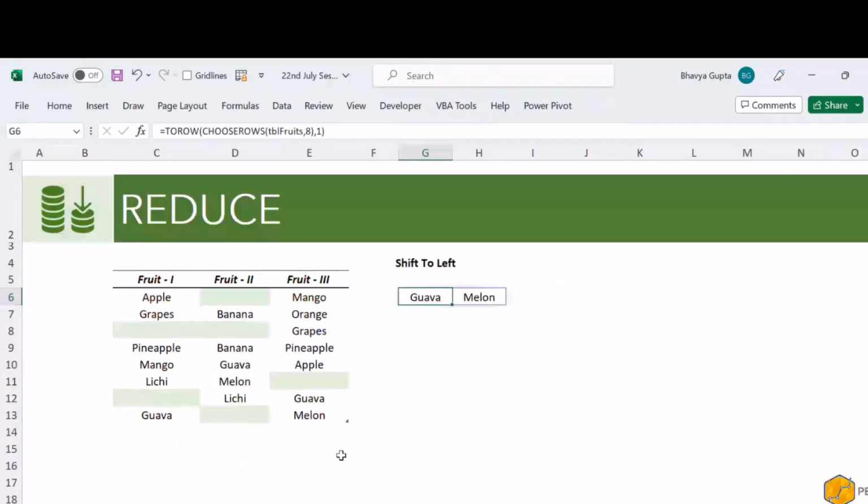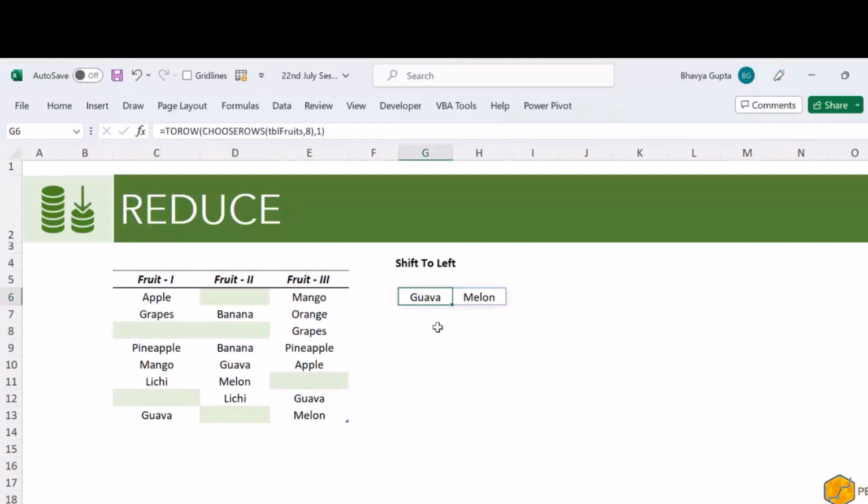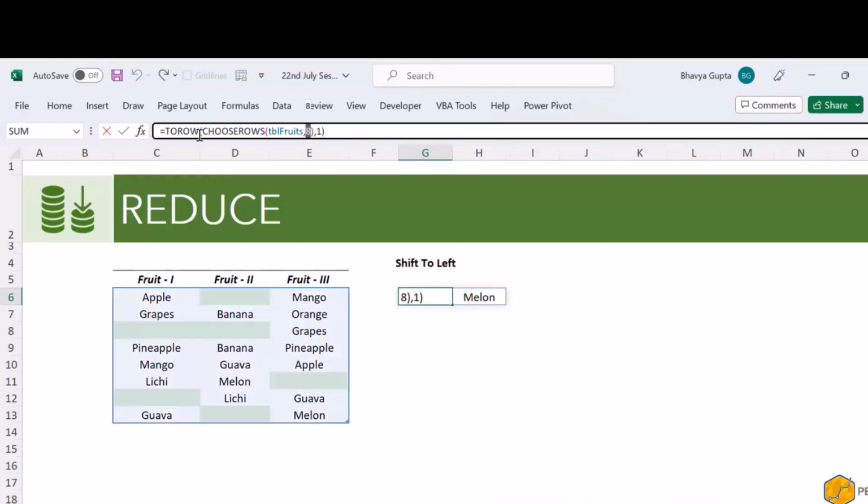Why for next loop? Because we cannot directly use this array here. Can we use this array directly here? We saw we cannot use this array directly here because we don't have to loop through each of the values here. We have to loop through each of the rows here, and we cannot use by row, by call, or map function. So we have to loop through each of the rows, and we have to make use of this supporting function, that is choose rows, and inside this we have to input these numbers as well. So we are looping through each of the numbers